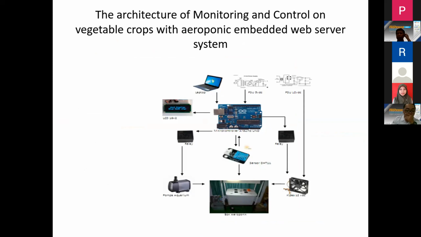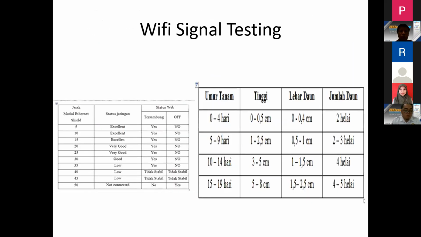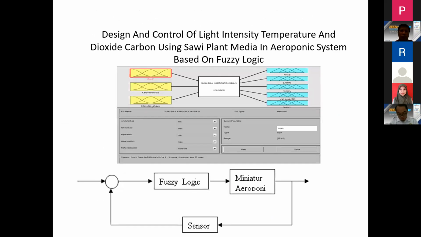Wireless sensor networking is for multi hydroponic or multi aeroponic, multi hydroponic and multi greenhouse. We can do the monitoring over a distance of 2 kilometers or up to 5 kilometers. This is one of the tests, Wi-Fi and so on. It's also like the temperature and carbon dioxide, using, I mean, the SAWI plant media aeroponic system based